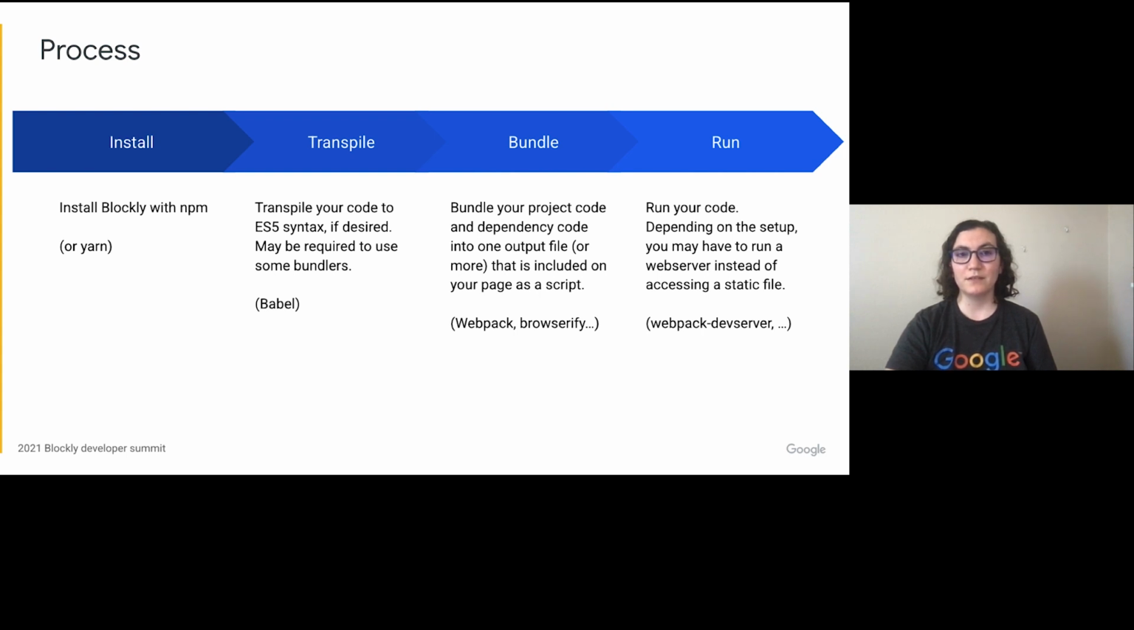The third step is to bundle your project code and dependency code into one or more output files, which you would include on your web page as a script. Then finally, you would run your code. Depending on the setup, you might have to run a web server instead of accessing a static file like you might be used to. In the rest of this talk, I'm only going to talk about the first step, installing